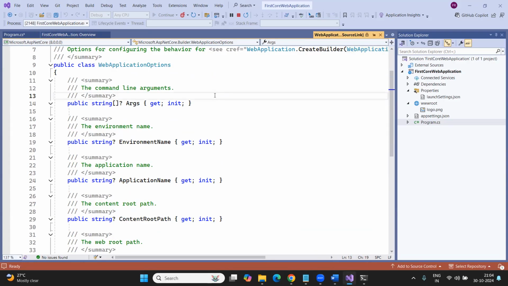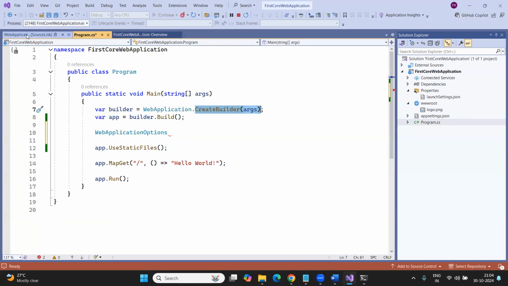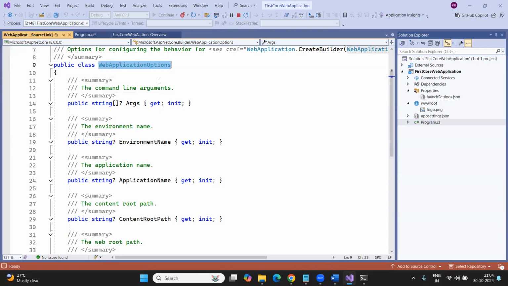Whenever we are hosting our application, the CreateBuilder method is going to use this WebApplicationOptions class to create the environment name, whether it is development, production, or staging environment,